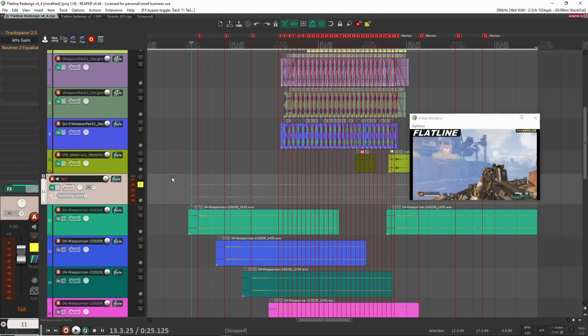Right, so without it on, you just hear a lot of tail, a lot of reverb, and it's just way too much. It's taking up way too much space in the sound. So with track spacer on now,